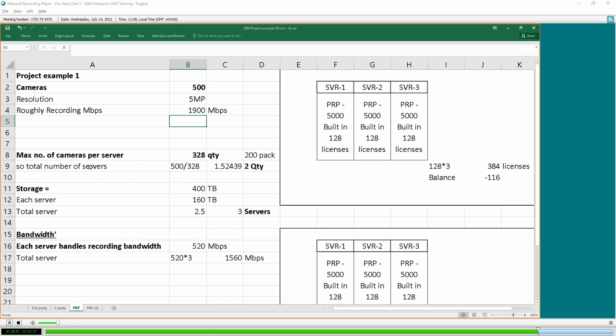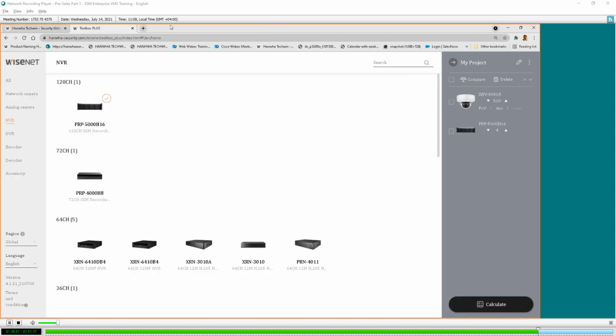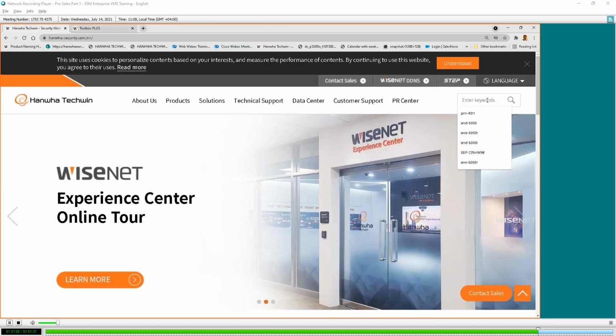Okay, why are you using PRP? PRP has got a built-in storage. If you go back here, or the best way is just download the PRP datasheet, PRP 5000.